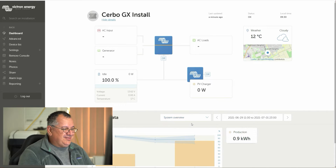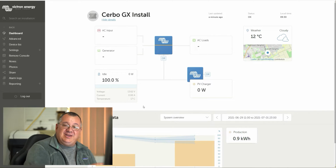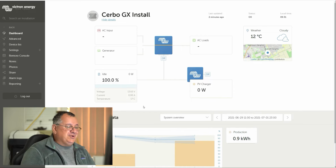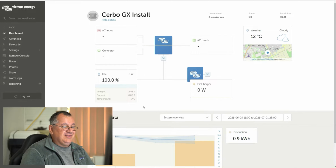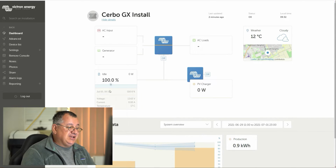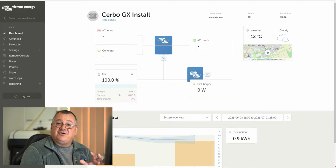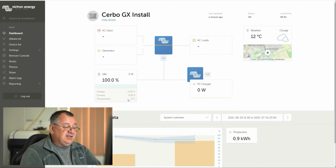So here we are, guys. You can see my battery's on idle at the moment, although the fridge is running, but I've got the AC charger. Now, as I'm filming this right now, I'm still using my old AGM battery. When you first open the portal and you select your install, this is the first screen that you'll see. So you can see it's showing that the battery is idle, it's 100% charged. Now if you go through here, you can see that it's on float. I know it's on float charge because it's on 13.63 volts. And at the moment it's